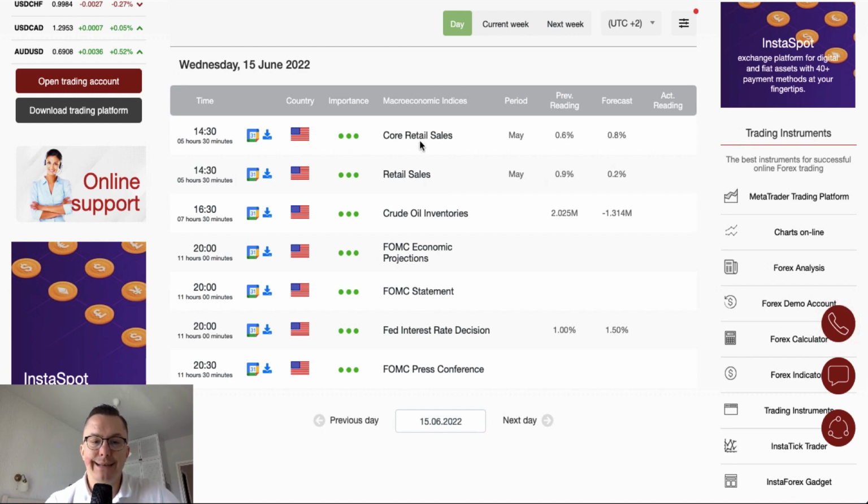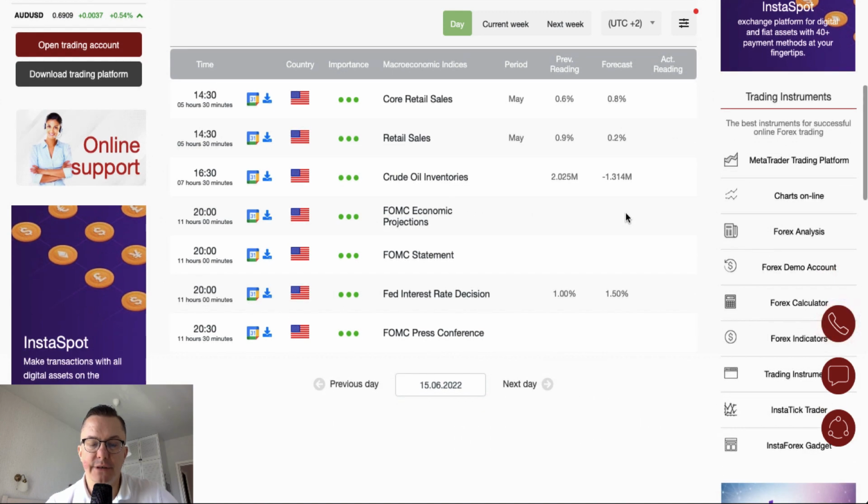Core retail sales and retail sales from the US are, of course, scheduled for release at 2:30. Market participants expect a drop from 0.9 to 0.2%. Crude oil inventories at 4:30. As you can see, a big drop is expected in inventories, and of course the main event of the day,